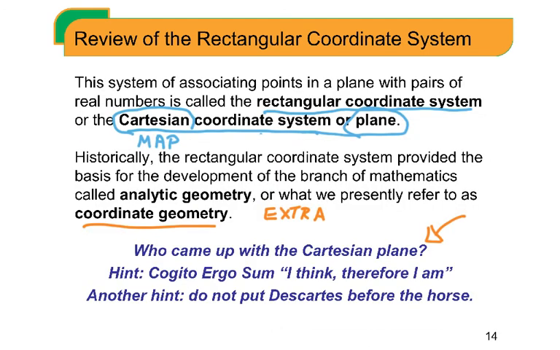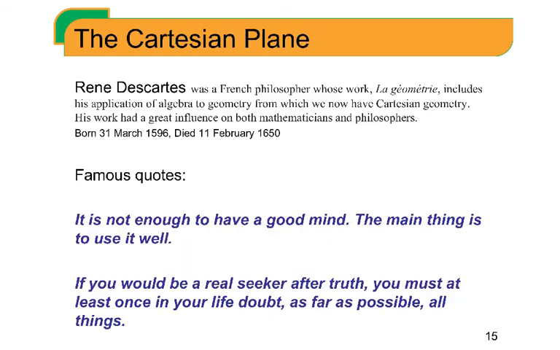Well, here's my hint. Have you ever heard this? I think, therefore I am. Do you remember who said this? And this is the punchline from some stupid joke. Do not put Descartes before the horse. Have you heard of this man, Descartes? Well, here he is, René Descartes, French philosopher and mathematician, of course,